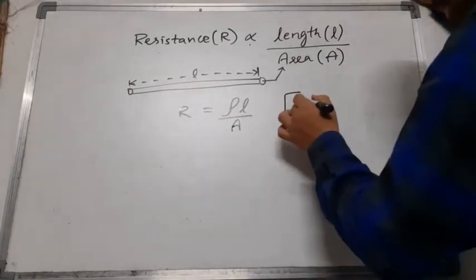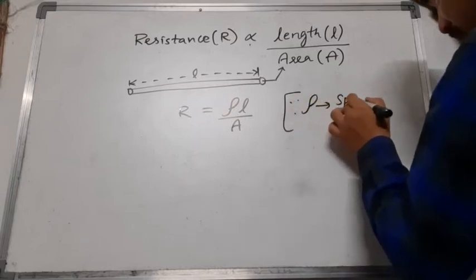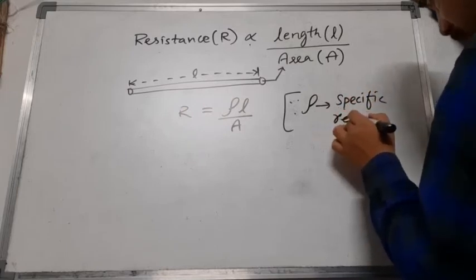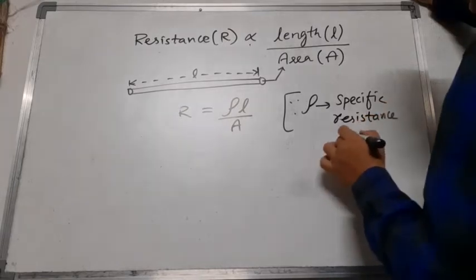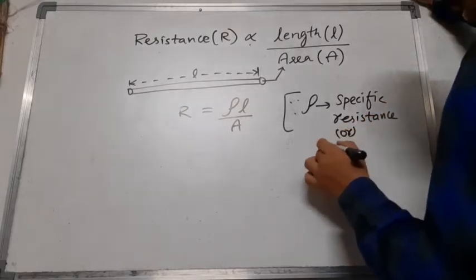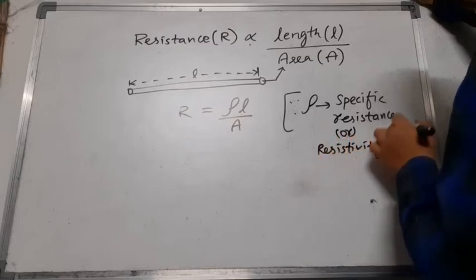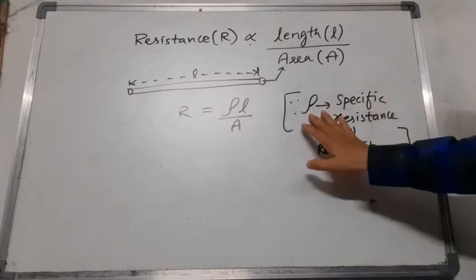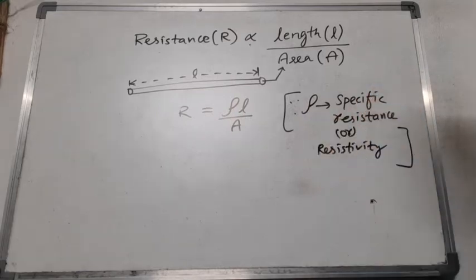So what do we mean by rho? Rho is called the specific resistance, or it is also called resistivity. It depends on the nature of the substance. For different wires, different resistivity values will be there. Okay, right. Next,